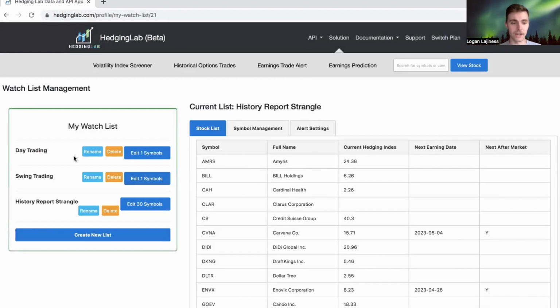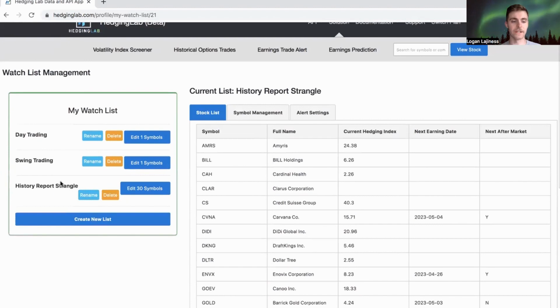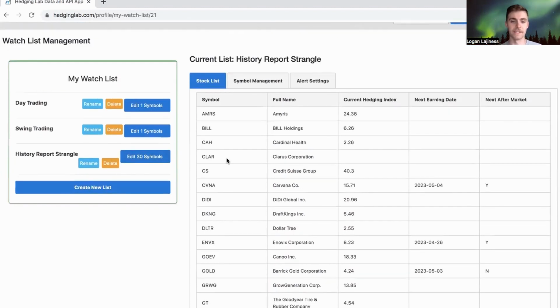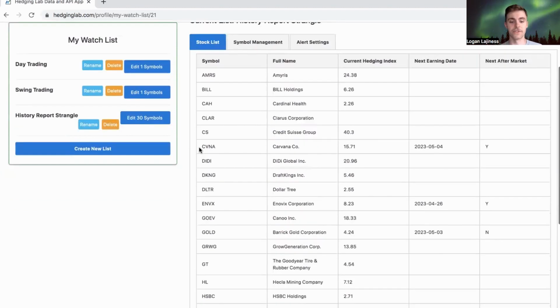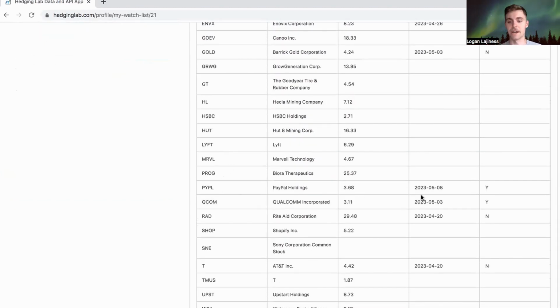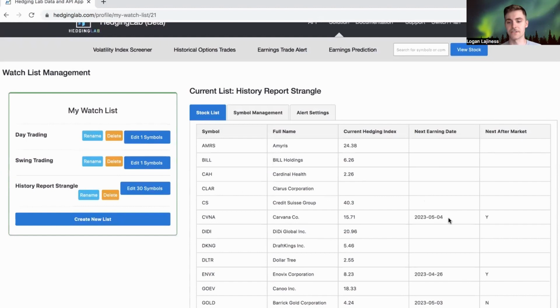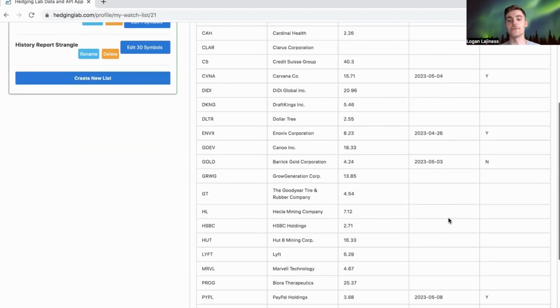And you can take a look. Here's a day trading one, a swing trading one, and here's your history report strangle. These are two I made earlier. But essentially this gives you those 30 symbols we were looking at. Here's PayPal, right? And then it'll also tell you the next earnings date they have,